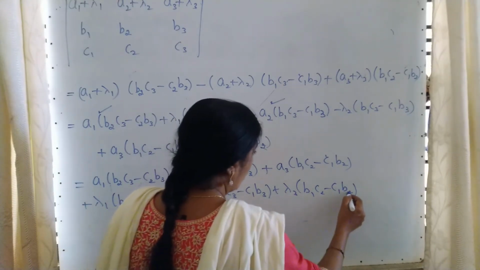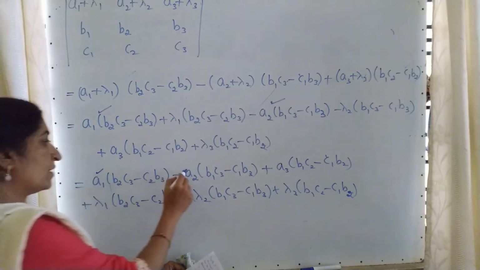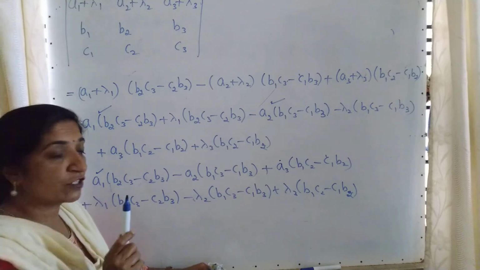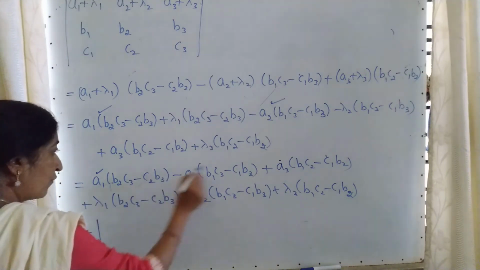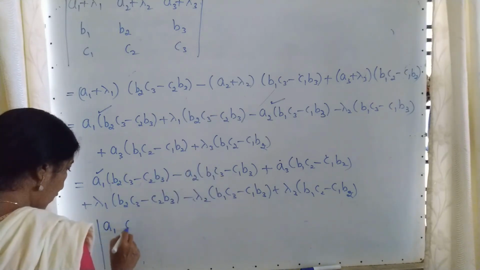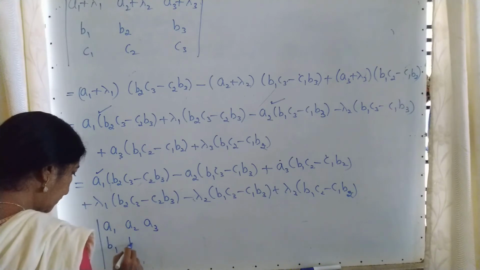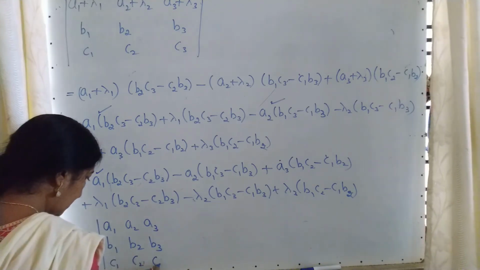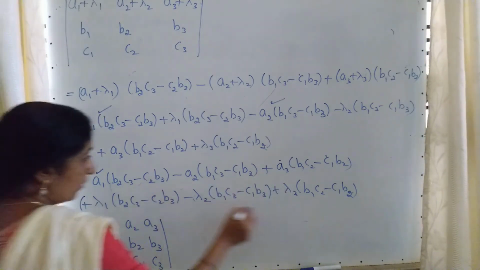And I don't know whether the students observed or not. Here, outside, whatever numbers are present when you are expanding the determinant, that is nothing but the first row. So with the help of that basic concept, the whole first expression will be written in the form of a determinant, as we are applying in reverse. And in the second, this complete. That's why I wrote it in the second step.